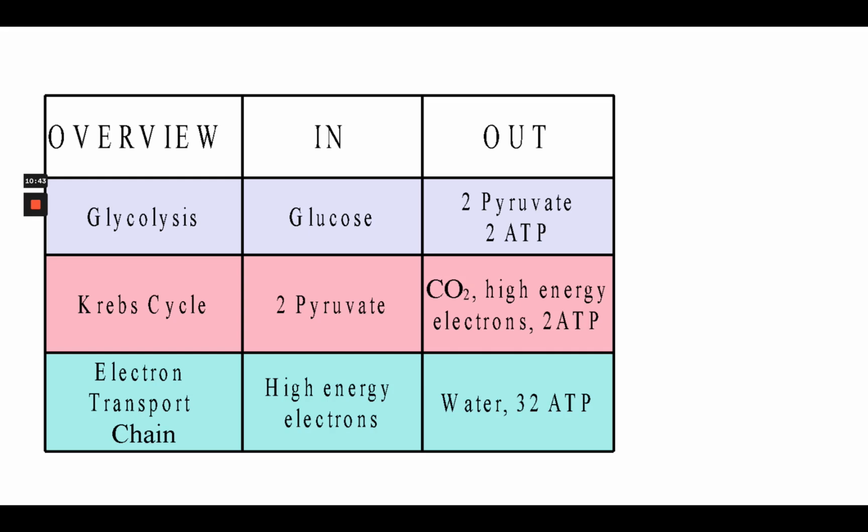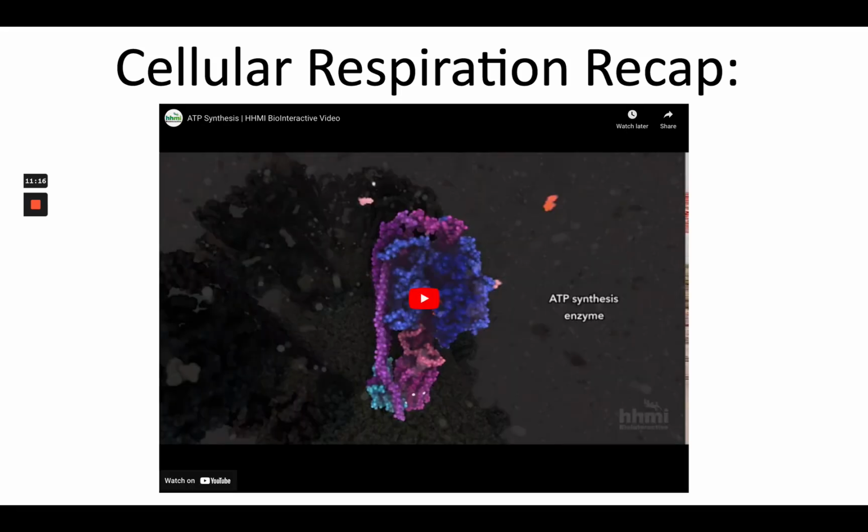And so you can see that glycolysis needs glucose coming in, and out are 2 pyruvates and 2 ATP. Those 2 pyruvates then go into the Krebs cycle, and the Krebs cycle produces carbon dioxide, high energy electrons, and 2 ATP. The energy electrons then go into the ETC, and water and 32 ATP are produced. So you are responsible for knowing this part and understanding the process overall. So now let's go ahead and watch this video, which will show you a visual of what's actually happening in